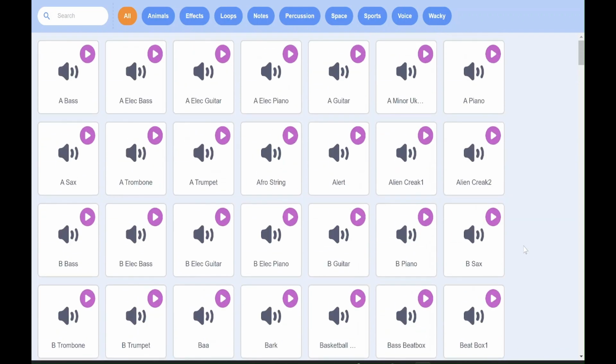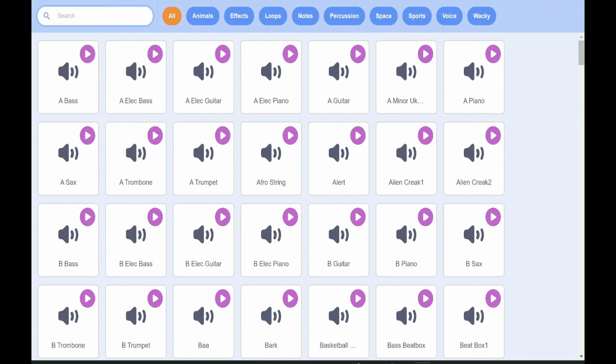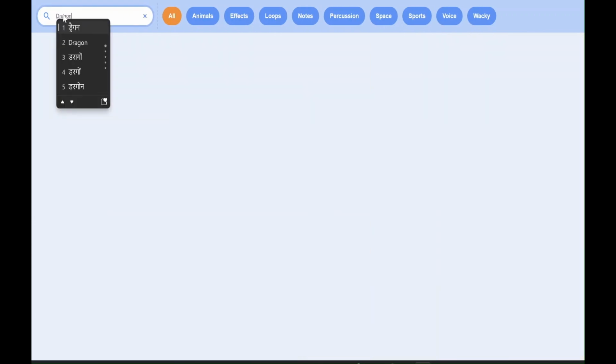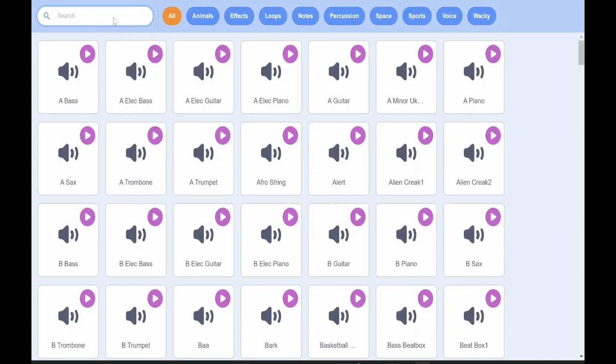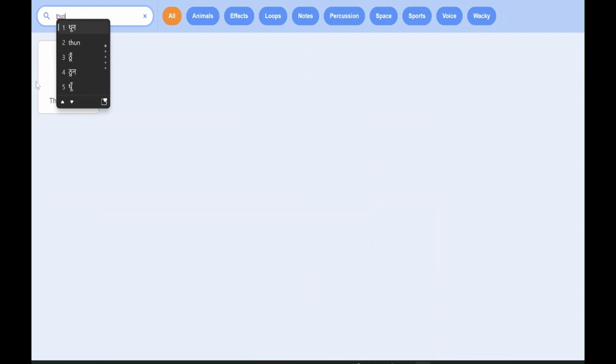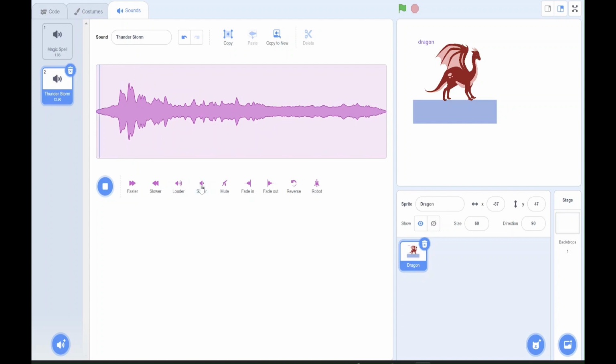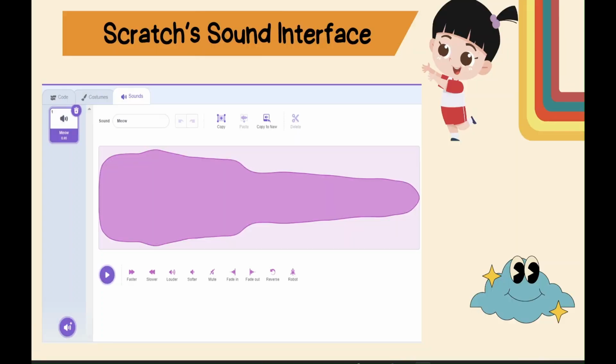Let's see, for our dragon, if we have to choose. Let's see if we have any dragon sound for animals. I think there is no dragon sound, so we can choose something like thunder. I hope the thunder one will be available here, and here it is. So now we can just make it softer. These are some of the features. So we can play it and you can listen. If the dragon is something like a hard thing, we can choose some sounds, and then